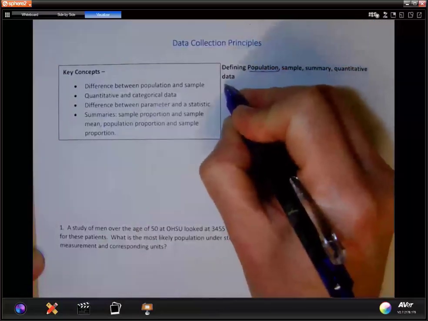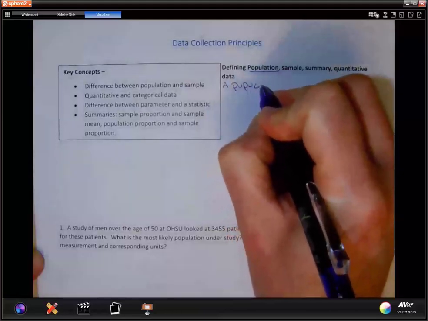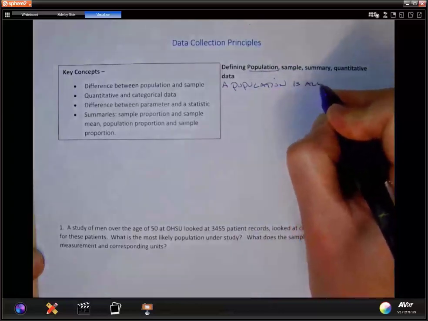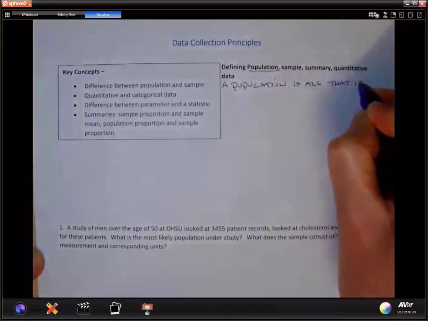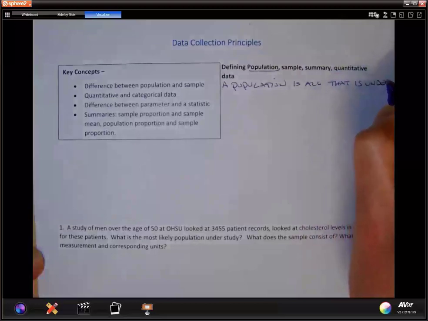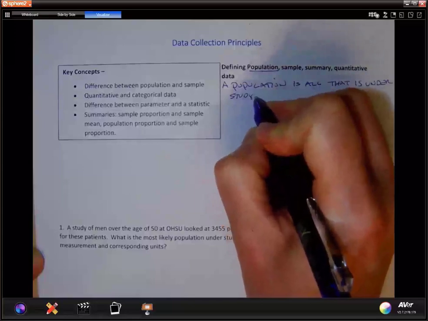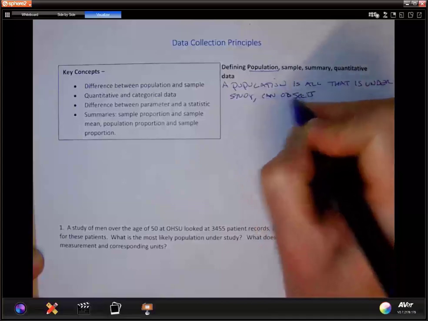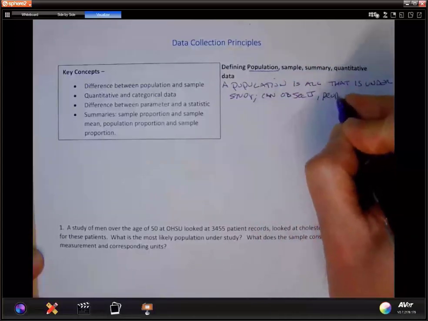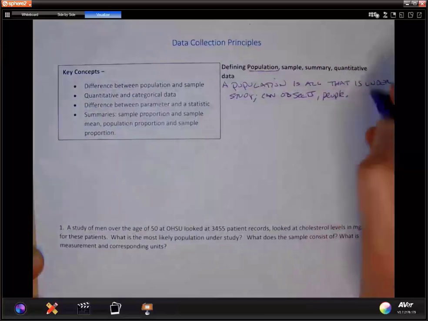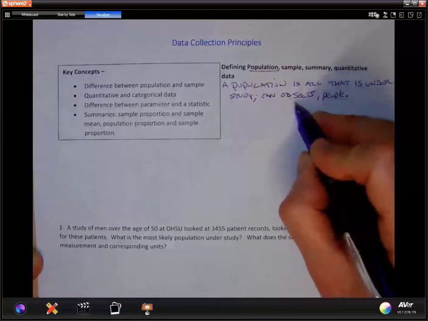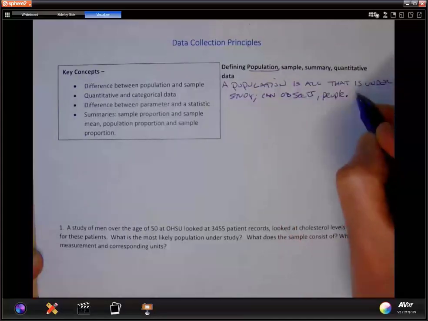Right? So one thing we can agree on is a population is all that is under study. And notice I kept this vague. It can be objects, people, but the reality is we may just be interested in particular measurements. When we look at people, often we just measure something about a person. Or if we're looking at some object, we're measuring something about an object. So, our population